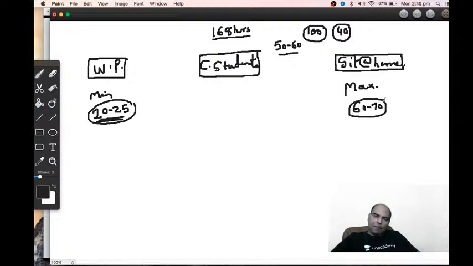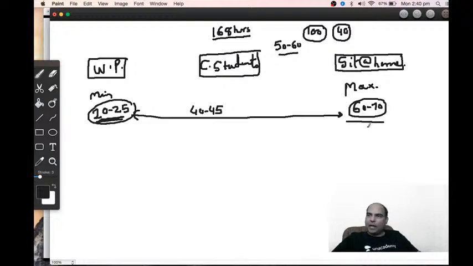But this gap of 40-45 hours that is visible is not that big, because of 2 reasons. One reason is that he cannot do it consistently. 90% of the sit-at-home aspirants will not be able to do that, to drive home the advantage. So as long as you're consistent with the 20-25 hours of work, on average you're competing against a person who's preparing for 50 hours.